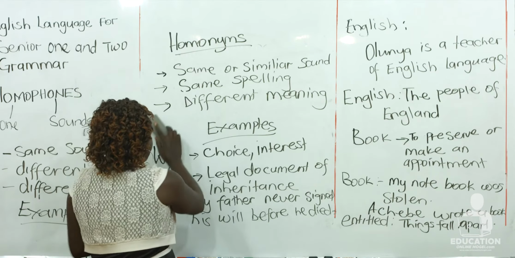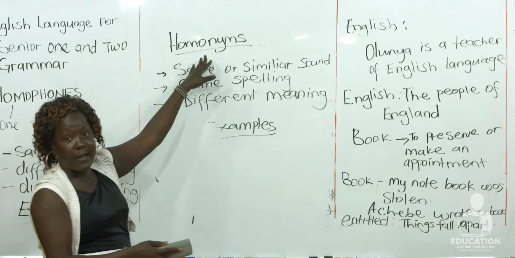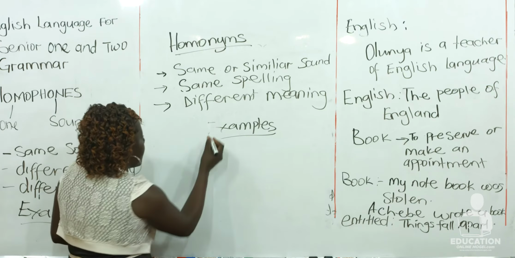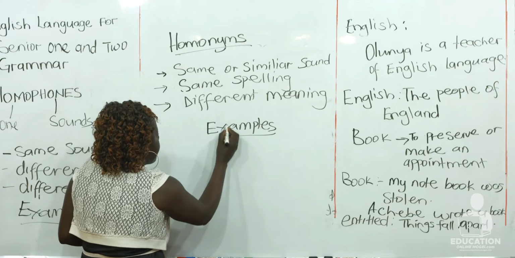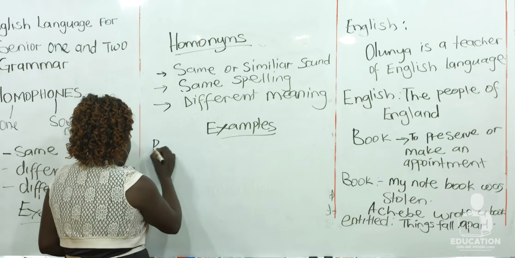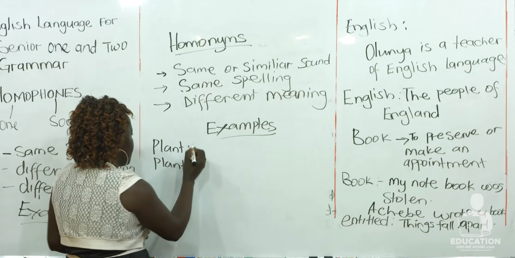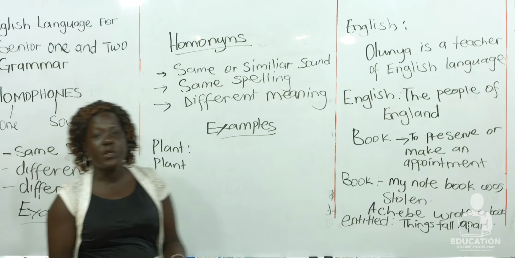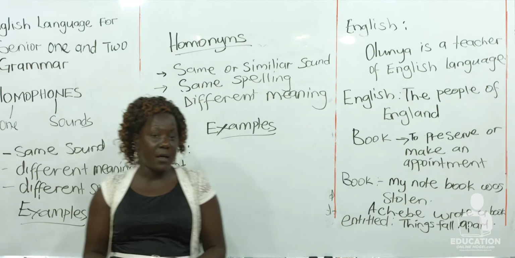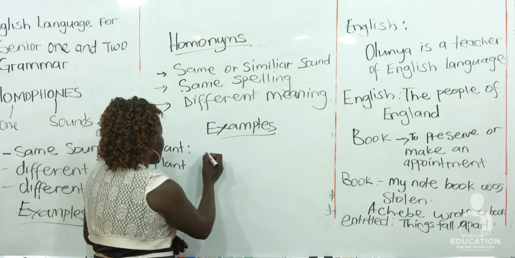We can come here still. Let me leave for you. We are still looking at homophones. Let me leave for you homophones. Then under it, there is examples. These homonyms, let us continue to look at it. Words like plant and plant. This first one, you can use it as a building meant for industrial work. For instance, you can say,